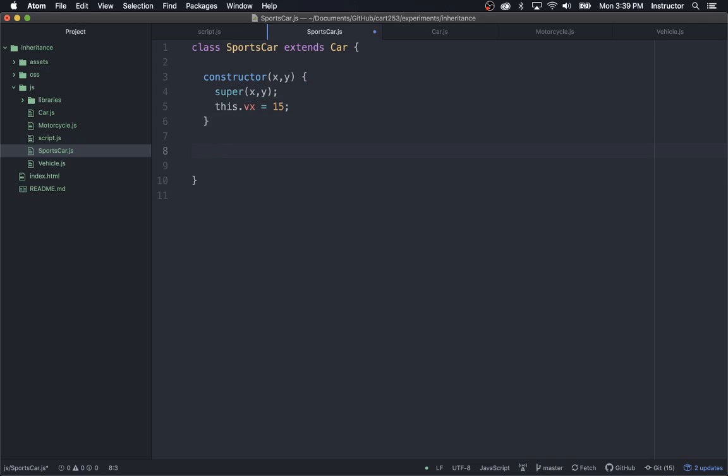To make our sports car a little more interesting, let's also override, remember overriding methods, the display method, so that we don't use the car's display method by default. We're going to have a specific way of displaying a sports car. Now, to do that,